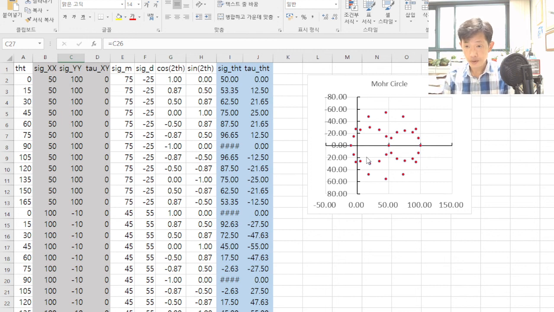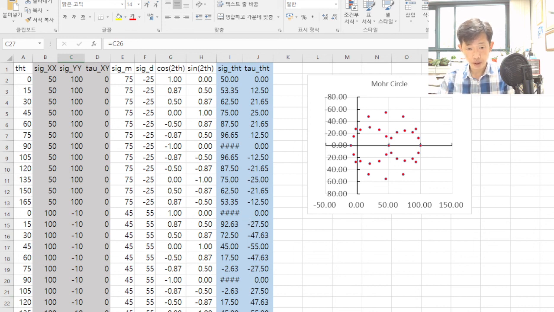The key point of this problem is, first we calculate the normal stress sigma 1 and sigma 2 using the equation that we discussed for a cylindrical vessel. So once we have these values, what you have to do is investigate the development of normal stress and shear stress in the welding line direction, because the angle is 35 degrees. In the Mohr circle,